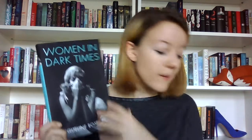This is a non-fiction feminist book. It's not a collection of essays, it's just a whole novel, well, non-fiction book. I then have a graphic novel, the only one on my TBR, The Wicked and the Divine, the first volume in the first act by Gillen, McKelvie, Wilson and Cowles. Those are four separate authors. And then I have